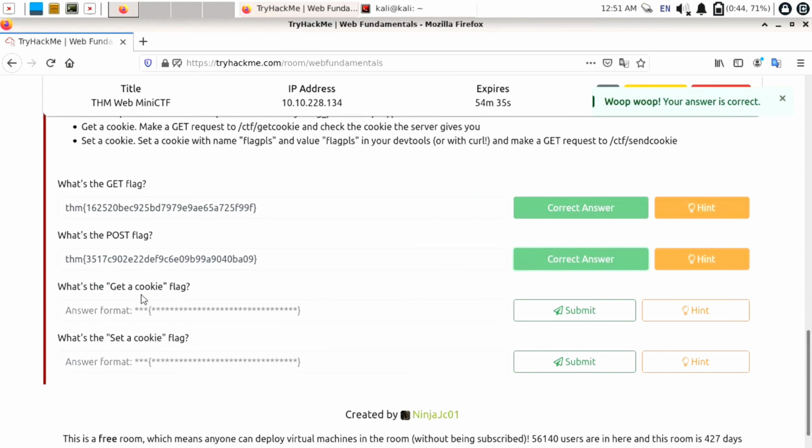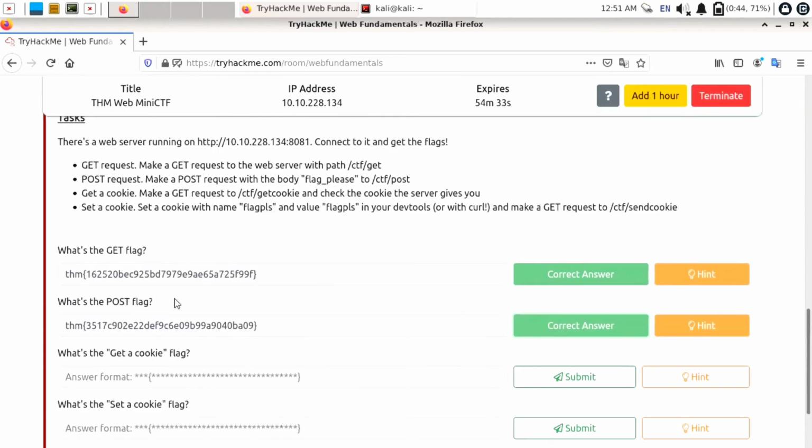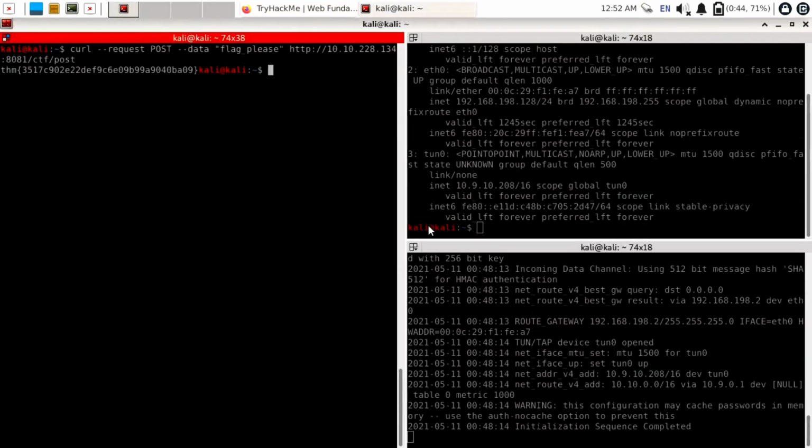Now the third flag is what's the get a cookie flag. So for that they have given a hint: make a get request to /ctf/get_cookie and check the cookie the server gives you. Okay, so copy this /ctf/get_cookie, open terminator and clear the screen by Ctrl L, paste the URL.